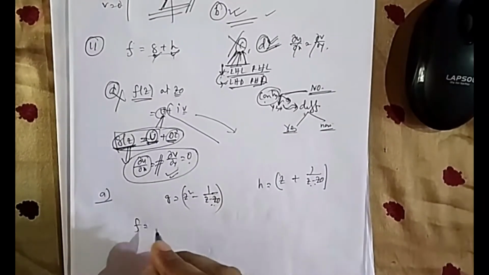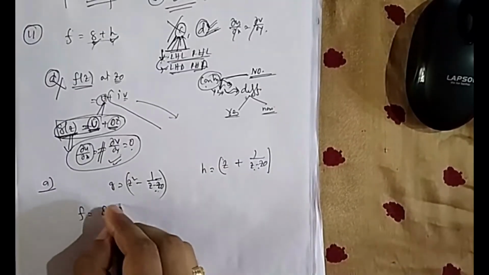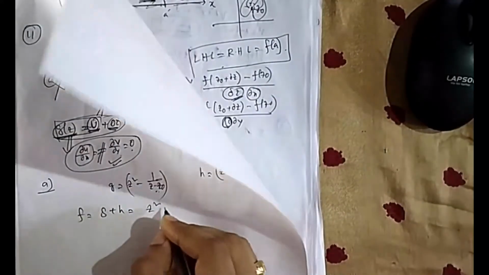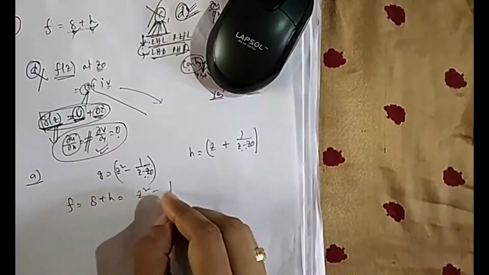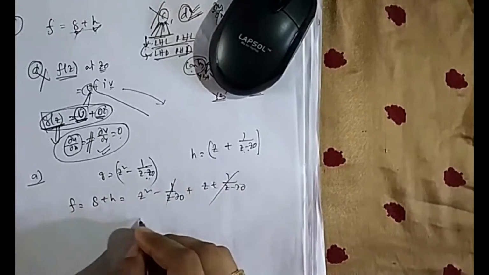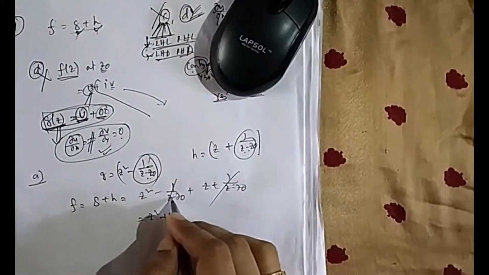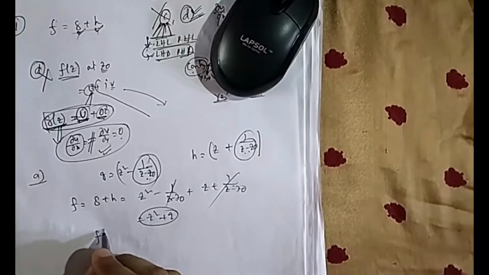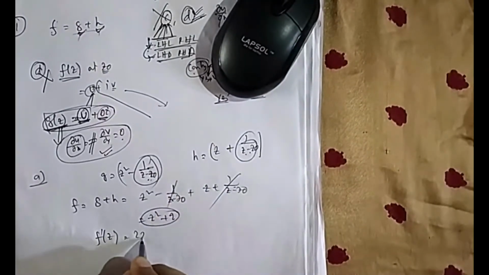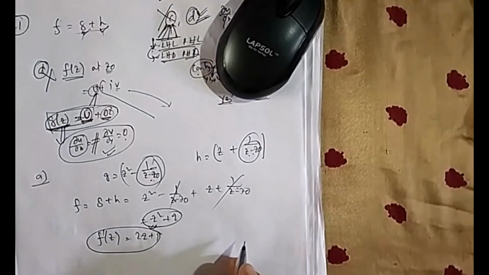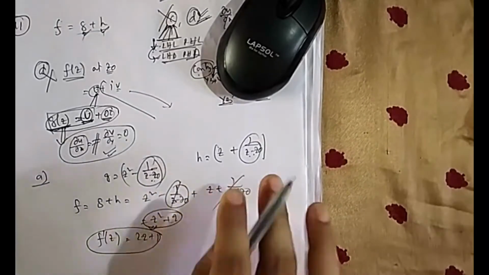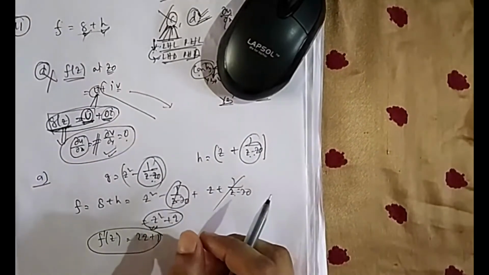Now if you take f, the summation of g plus h, and add these two, this minus will be cancelled out, this cancels out. So the critical point, this critical value point, gets cancelled. Now it becomes easily differentiable. 2z plus 1, you can easily differentiate this one. There is no issue of z0. If you put z0, no problem will occur. So the problematic part can get cancelled out if you add these two.